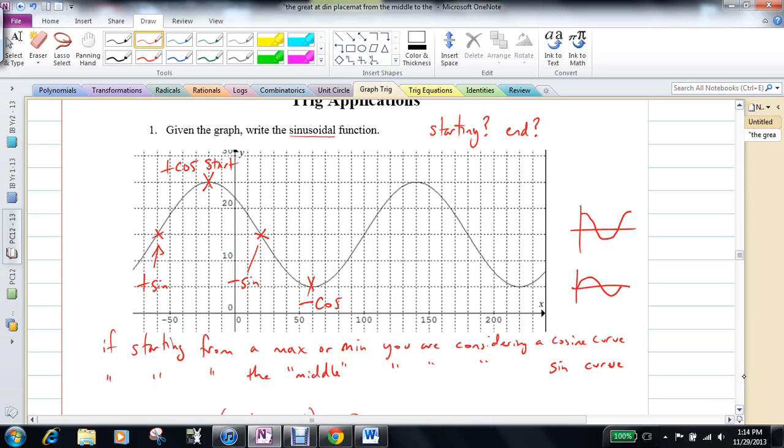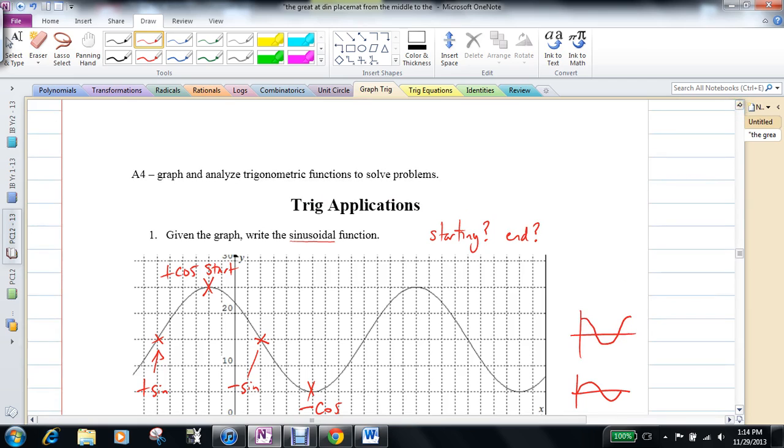So let's do it with both sine and with cosine. Let's do both of them today. So let's start with this point here. Let's start with the cosine curve first. So y equals cosine. We said that this is a positive cosine curve, so meaning that this is going to be a positive value. Now this a,